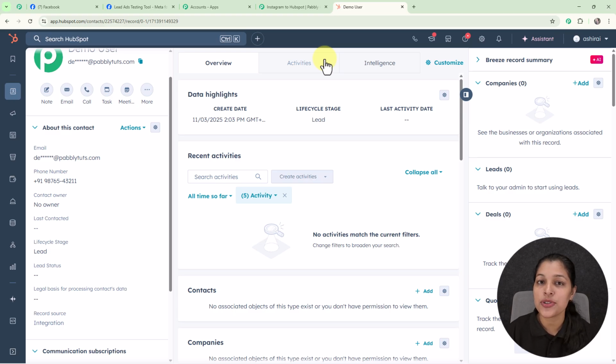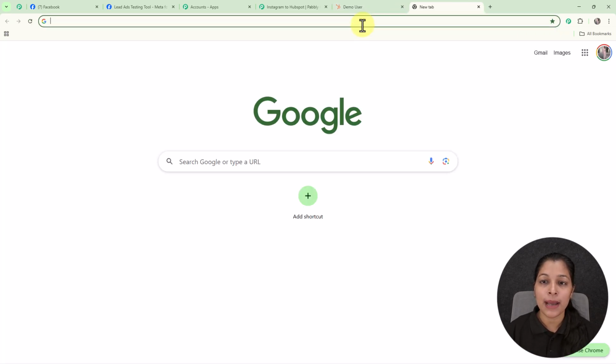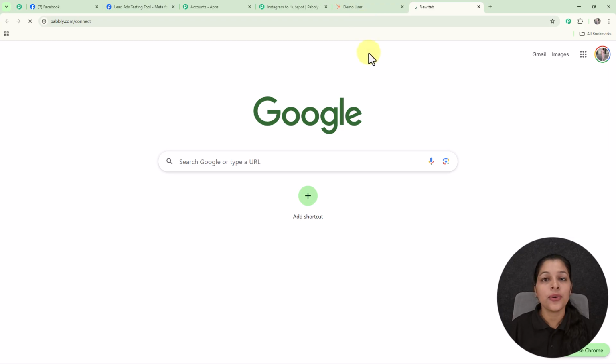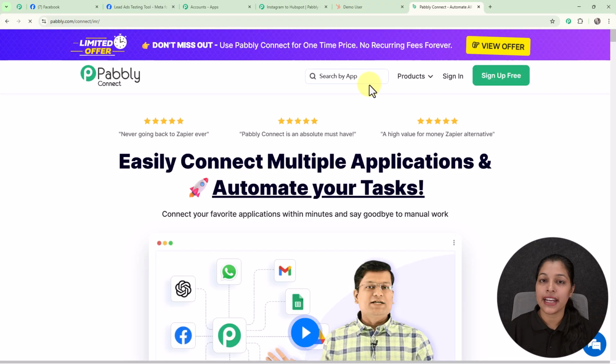So now I'm going to show you how you can build this automation. So for building this automation you have to access Pabbly Connect, and for accessing the Pabbly Connect you just have to type its URL over the new tab, that is pabbly.com/connect, and once you will enter the URL you will be getting the landing page of Pabbly which can be seen here, and here you can see we are getting